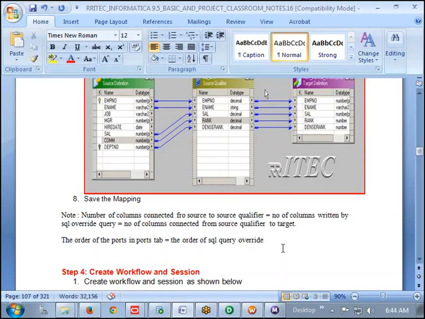Is it comfortable, these two points? These two points you have to remember.